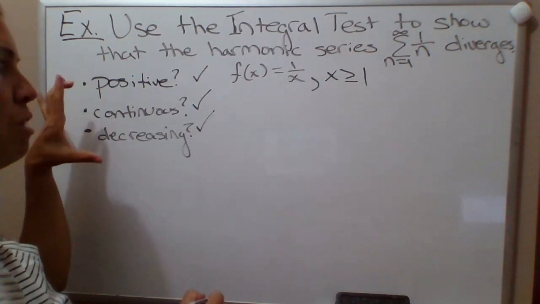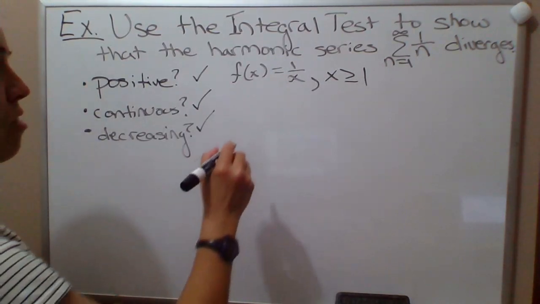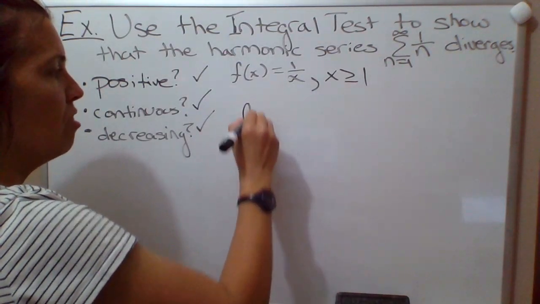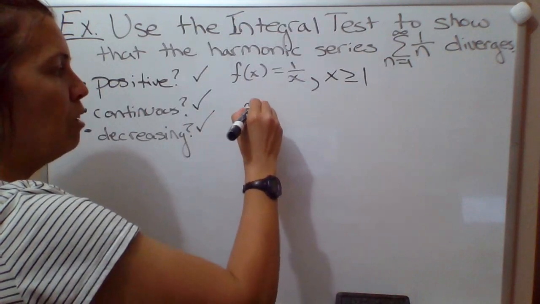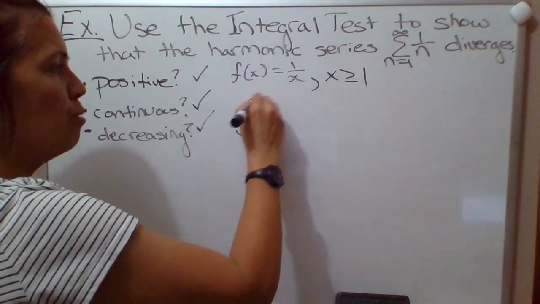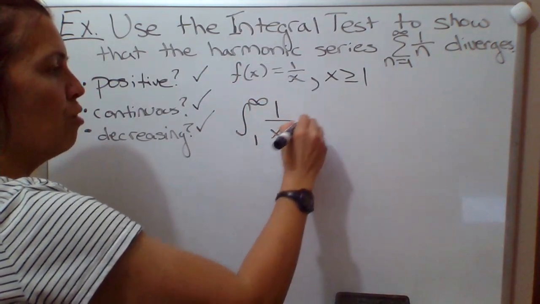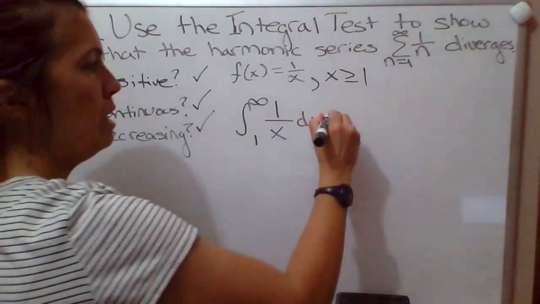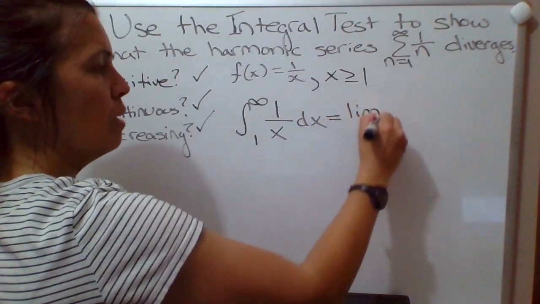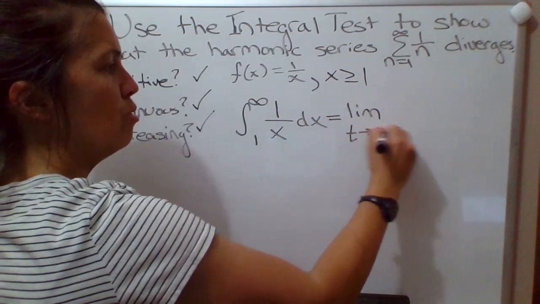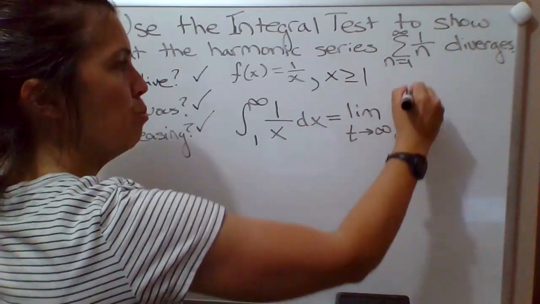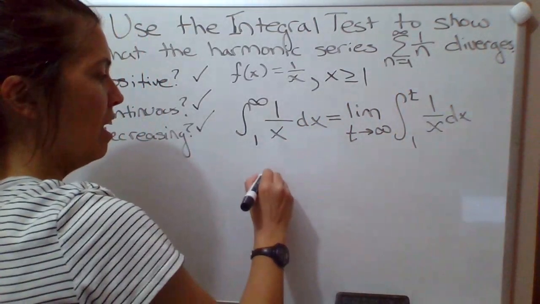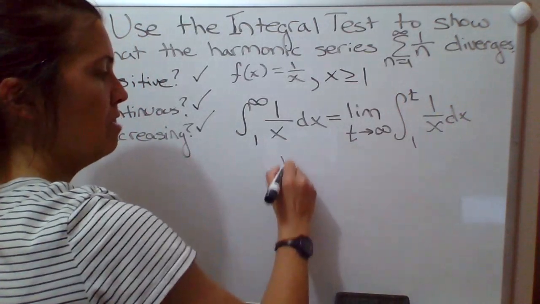So once you verify that, that means you're allowed to apply the integral test, which means we can determine the convergence or divergence of this series by looking at it instead as the integral from 1 to infinity of this function 1 over x. So this is an improper integral. We need to express it as a limit. So I could express this as the limit as t goes to infinity of the integral from 1 to t of 1 over x. And that's equal to the limit as t goes to infinity